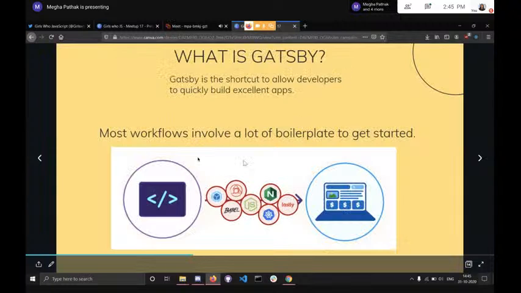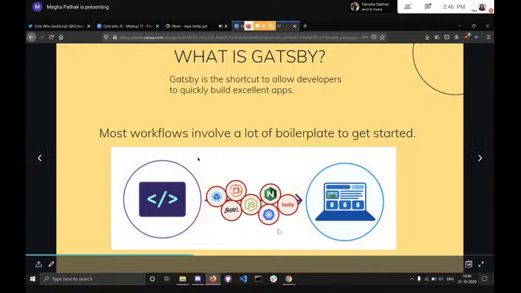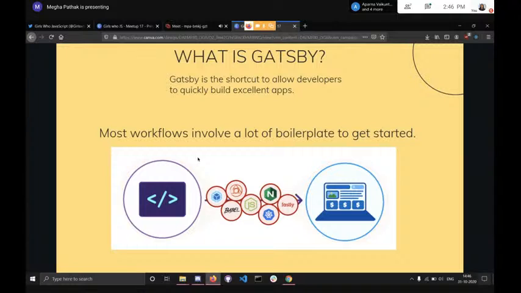So this is a simple workflow which includes a lot of boilerplate when we start. We need Webpack, then we need PostCSS, and then we need Kubernetes containers to handle things, then Fastly or Netlify or anything to deploy. So there are too many things in between, and this is all just to get something up and running in the browser. We haven't written any code yet. This is, I would say, the prerequisites of getting anything up and going.